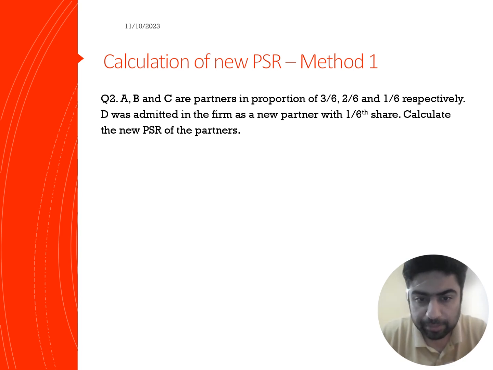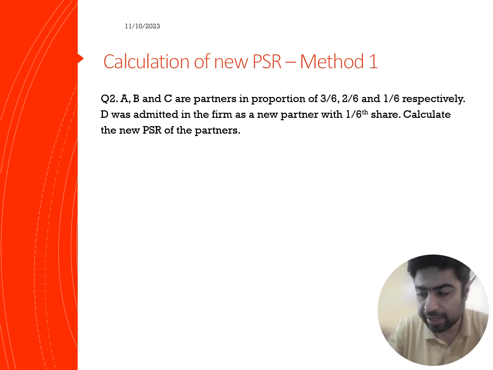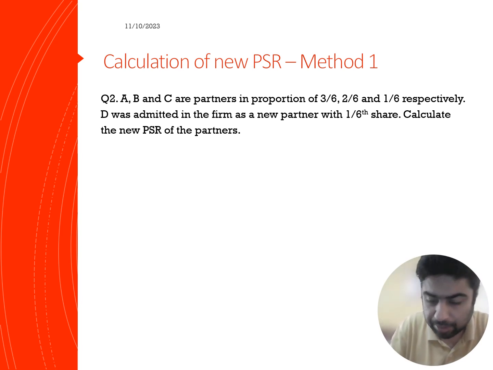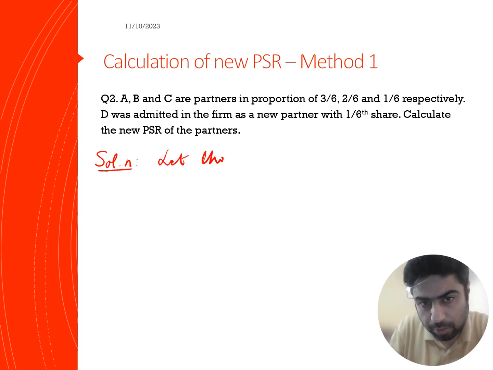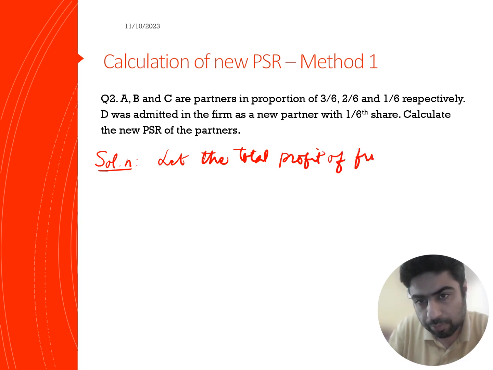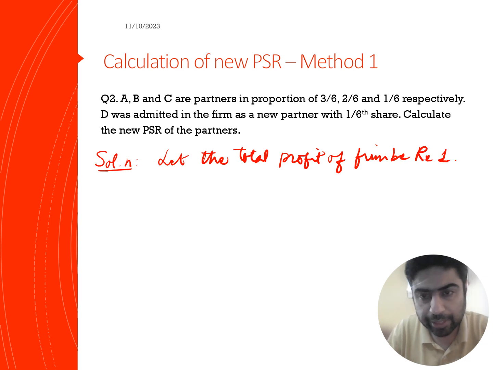तो ऐसी सिचुएशन में, हाउ डू वी कैलकुलेट, जो हमने पिछला मेथड किया था वही सेम मेथड हम लगाएंगे इसमें। तो हमने इसमें करना क्या है, लेट अस अंडरस्टैंड। एक बार फिर से हम इसको समझ लेंगे। Let the total profit of firm be rupee 1, right? If the total profit of the firm is rupee 1 and D का जो share है